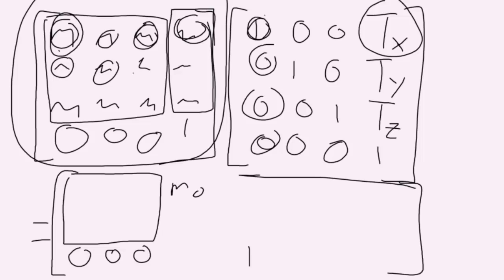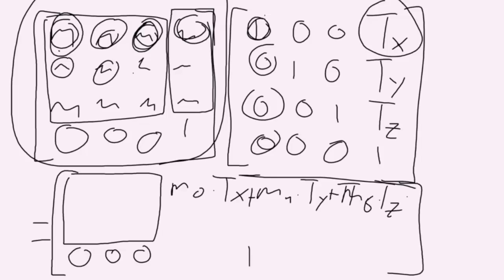So we have m0 times tx plus this value here, which is m4 times ty, plus this value here, which is m8 times tz, and plus,